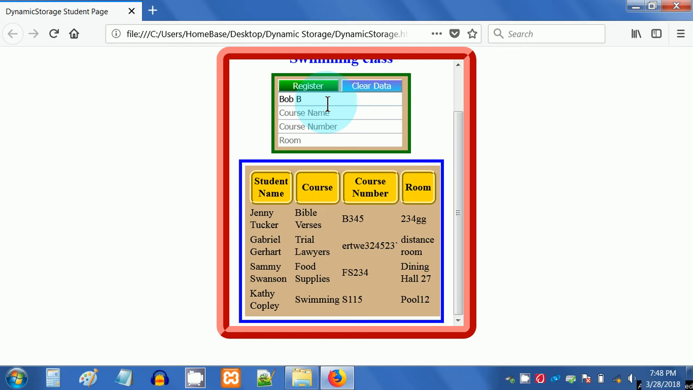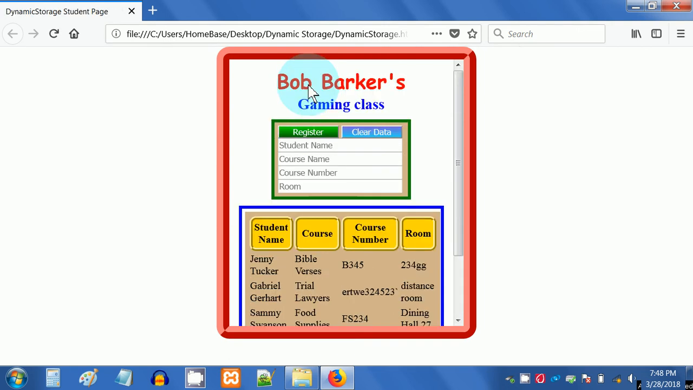Alright, let's go with Bob Barker because he's a popular guy. The course name, gaming, course number G333, and in room TV 5. Register, and as you can see, the very last person that we registered shows up here at the top, Bob